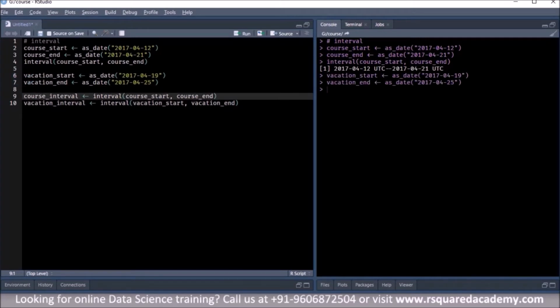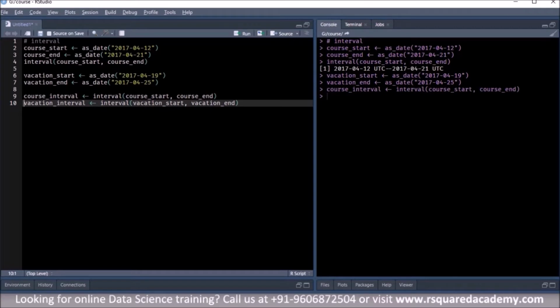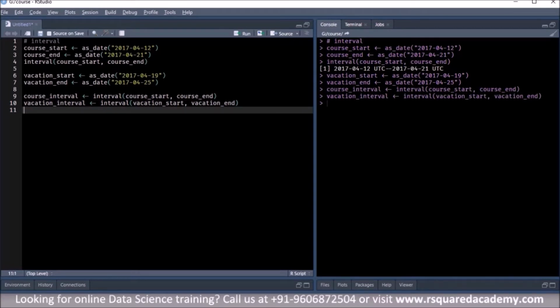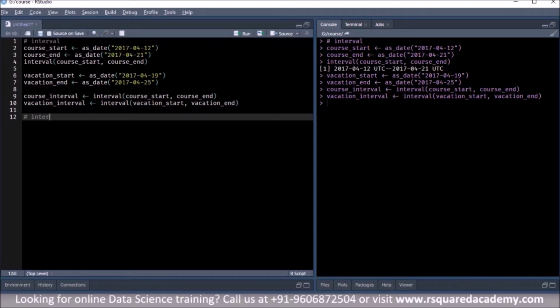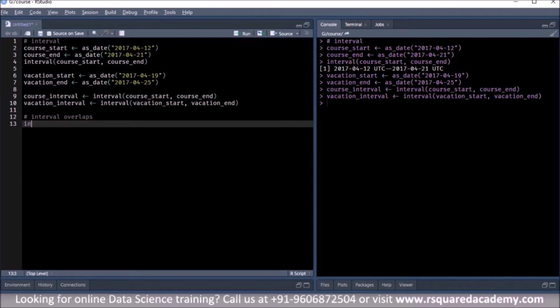Let me run this because we have not created those variables. I will create the course interval and the vacation interval. And then we'll see if the intervals overlap. So use this function int_overlaps, and then you give these two intervals, the course interval and the vacation interval.